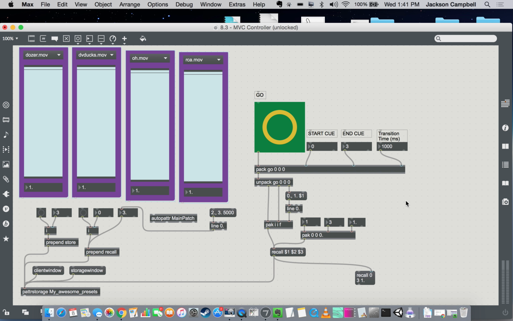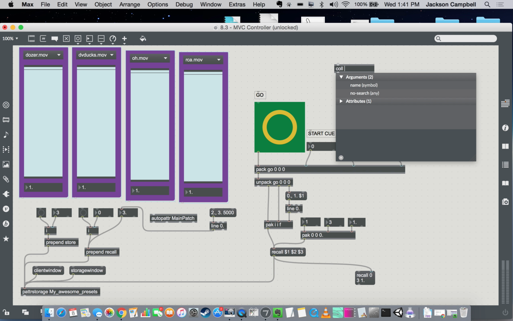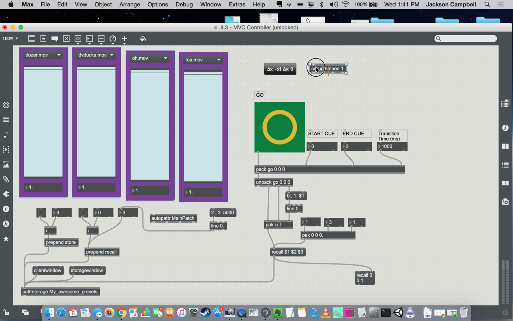So call is really good at recalling simple values, right? So we can use a call to give us what the next queue is, and then hit go, and then we're making the Pattrstorage actually execute that queue. Does that make sense? So we can use a call. So call. Let's add embed 1, so that it stores the queues with the file with the patcher. Okay, and then